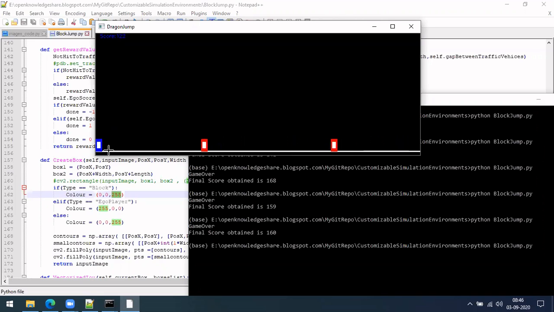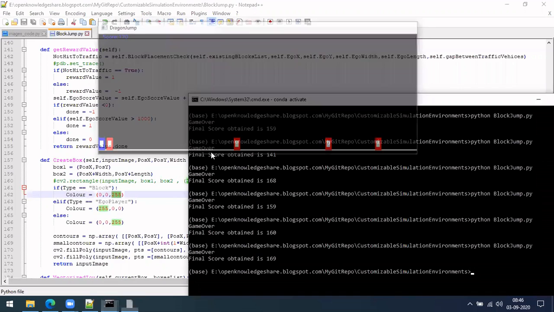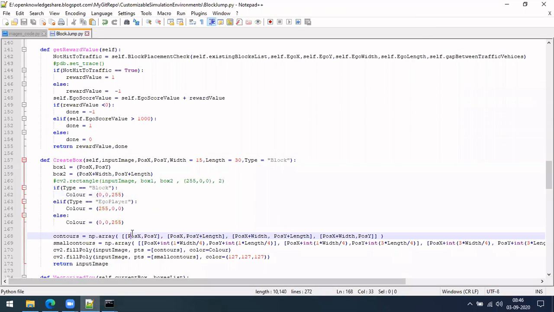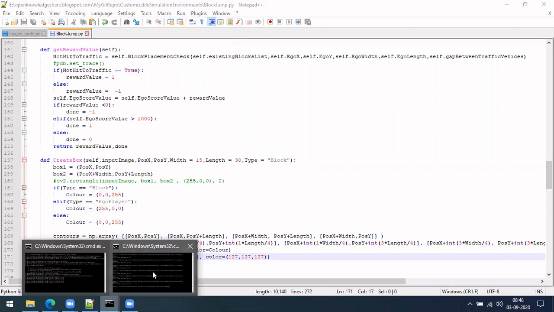Just instead of pure red, I also kept a square which is white. So that comes at this level where I kept it in a different color. Yeah, right. So you can see these colors, this will be in red and this will be blue. And I actually have implemented a gray box in between.